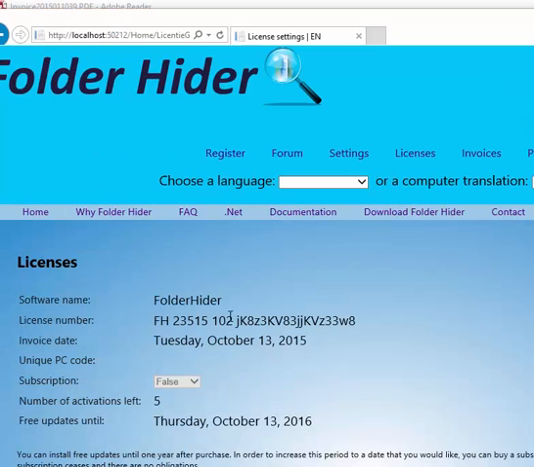I can now see the software name, license number, invoice date, the unique PC code on which the software is activated. This will contain a value after registration, and I can see until when I can download and install any updates. If there is no unique PC code, then that means that this registration key is free. Also, I can see that I have no subscription on this license number and that there are 5 activations left